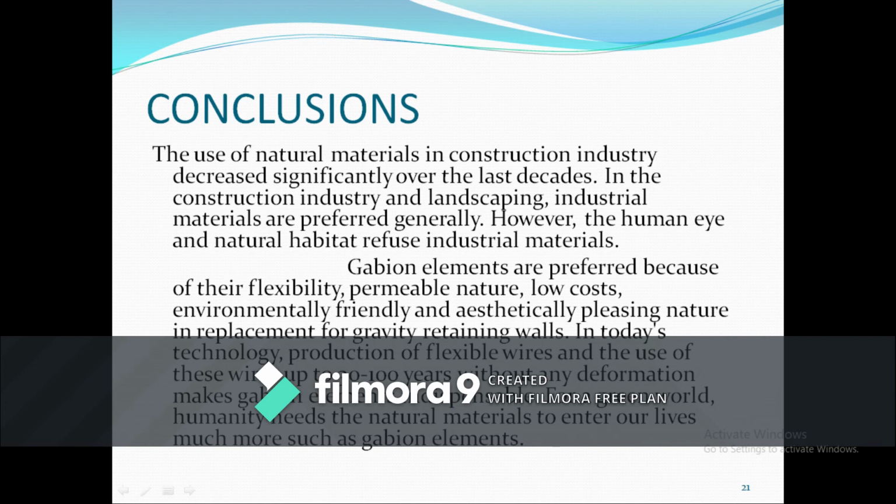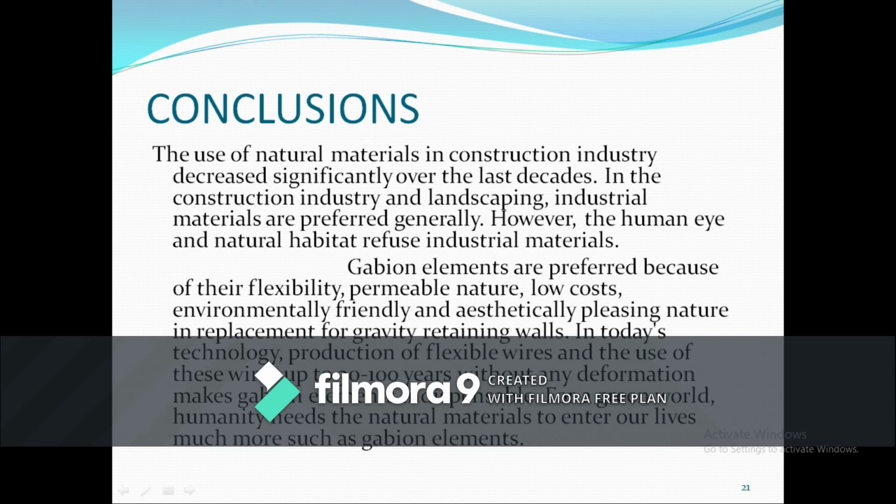All these, when we check, mean that the usage of natural elements in our construction has been reduced. Wherever it is possible, we should try to use materials which will have a great impact on our nature. So the use of natural materials in the construction industry has decreased very significantly.